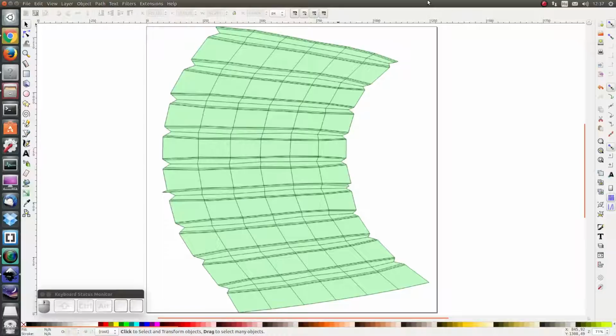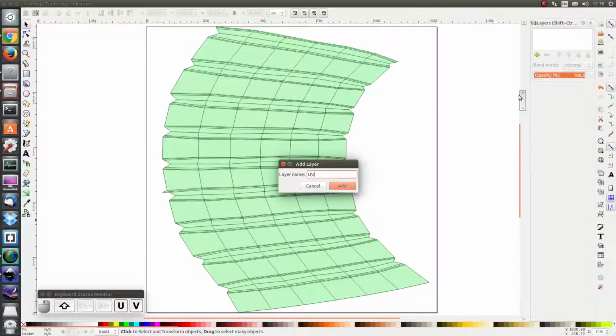I've opened the UV map in Inkscape. Here on the top it corresponds to the top of the trunk, and here on the bottom it corresponds to the bottom. The left side and the right side correspond to the seam. So in other words, we have to make sure that on the left side and the right side there is not too much difference. Let's first of all create a new layer,